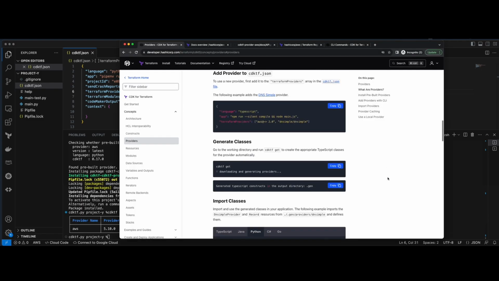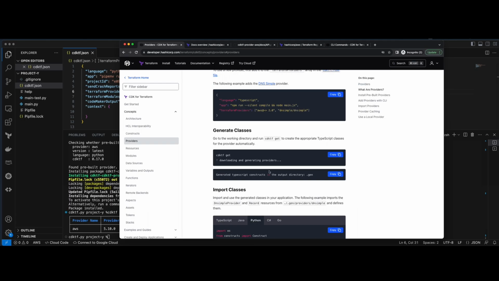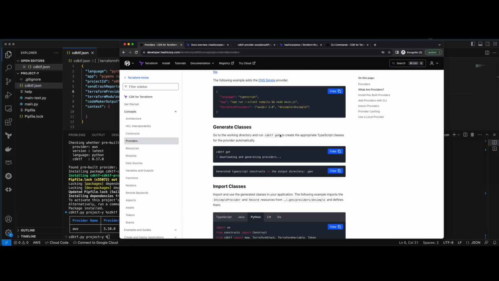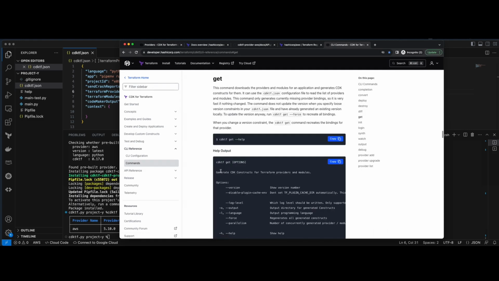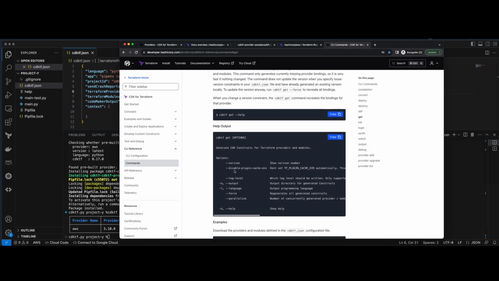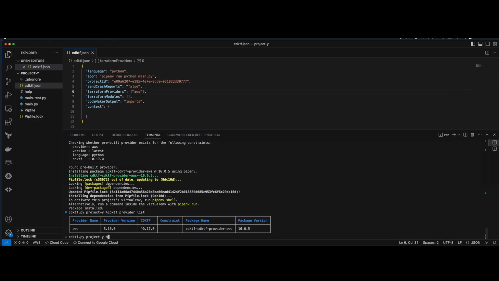After the provider is added to the config file, we need to generate classes. It is done by running the cdktf get command. Let's see, what does it have to get? What are these options? Disable plugin cache. Output directory for generated constructs. That is interesting. Output programming language. Okay, great. We're going to use that. cdktf get -l -o